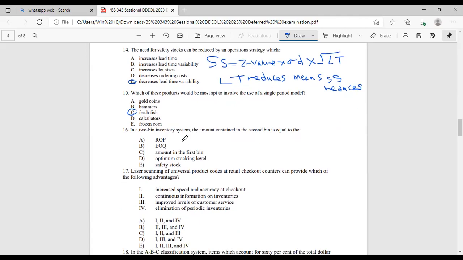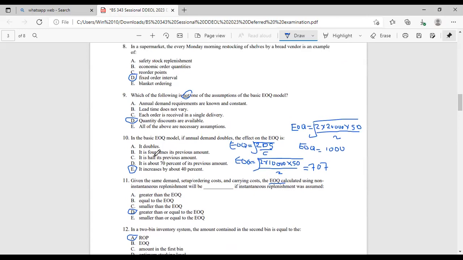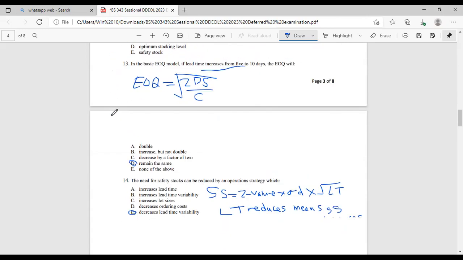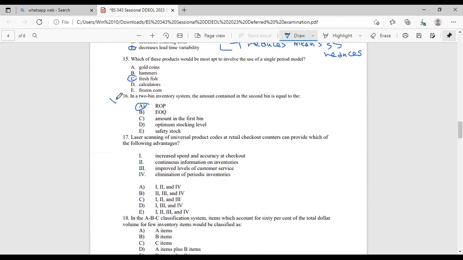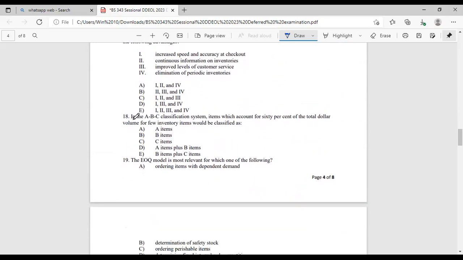In a two-bean system, the amount contained in the second bean is equal to the reward point. This question has been repeated. It is the same as question 12 and question 16. All right, so getting down to question